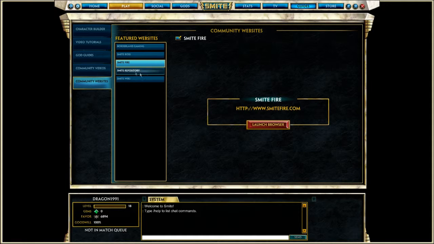www.smitefire.com. I'd go to that website. There's other ones as well. Go to any of them. You can just type it in Google or whatever web browser you use. Smite Wiki or God Guides or anything like that. But if you come onto a site like this and you see particular items, but you don't want to have